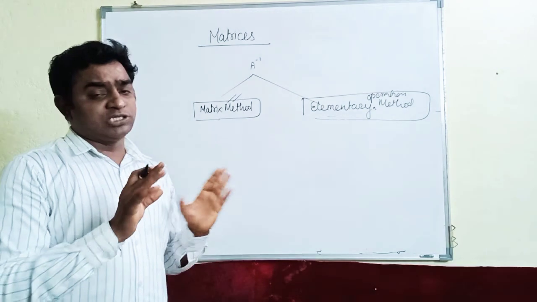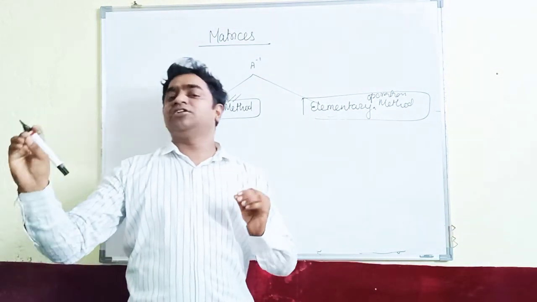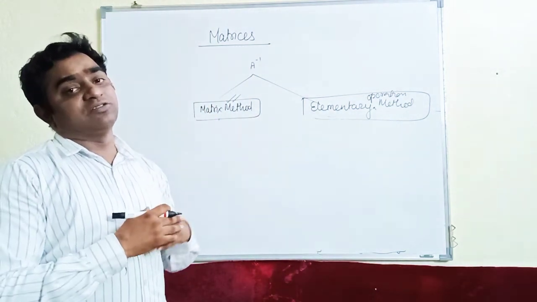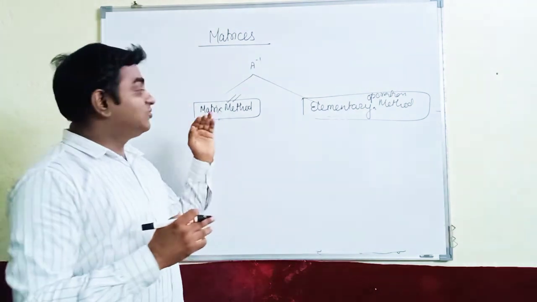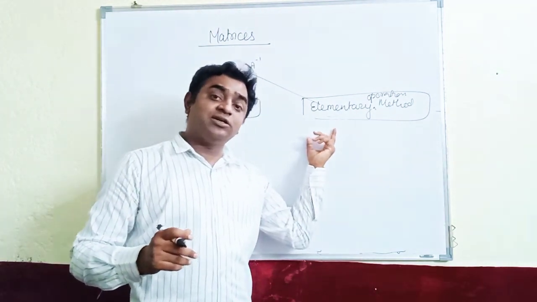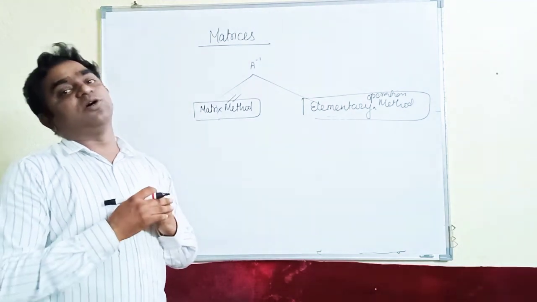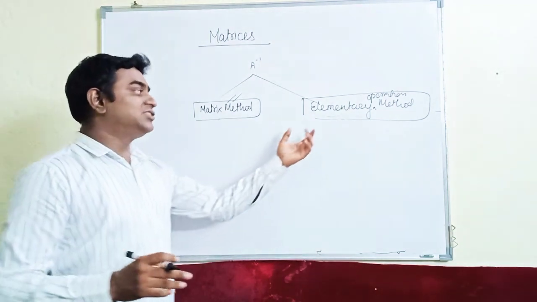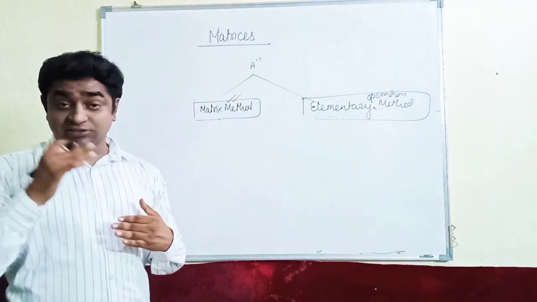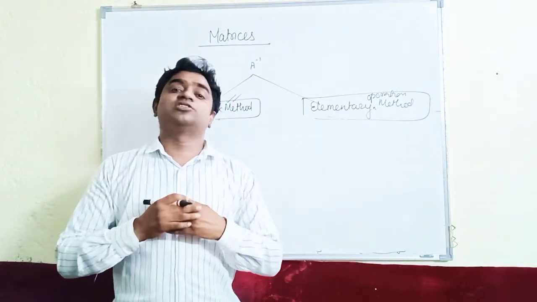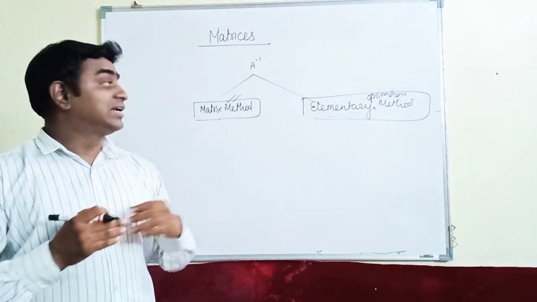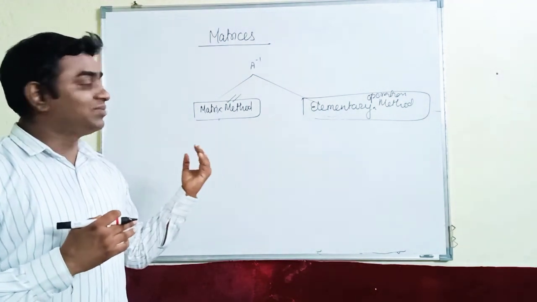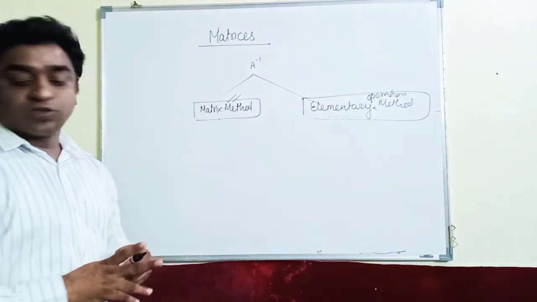But if no specification is mentioned, just find A inverse, you can apply any of the methods. If there is any specification about the method, you have to go for that particular method only. Understood? So you can understand the importance of it. This is a question that usually comes for the highest marks, like a 6 marks question. This is a long answer type question. So here we have to understand this method from the very beginning. So let's start.